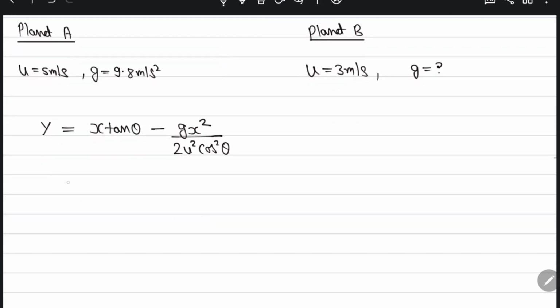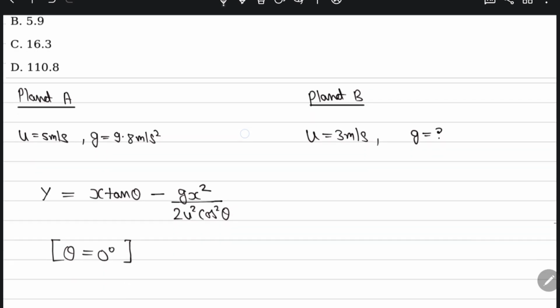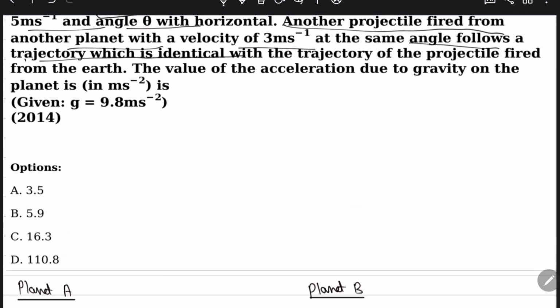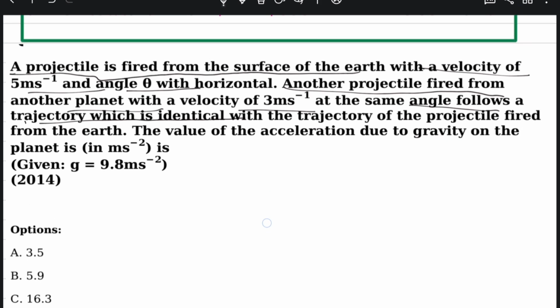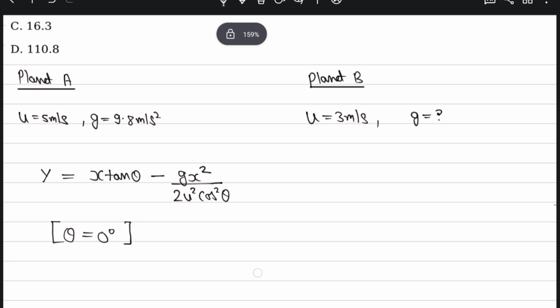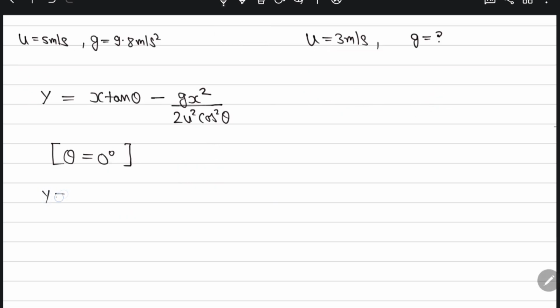Means the angle theta is equal to 0 degree they have given, right? So I can put theta equal to 0, and both have equal trajectories. So you see that with theta equal to 0, y is equal to minus g x square upon 2u square. Here 2 is a constant, x is also constant, and y is also constant, means the equation of trajectory